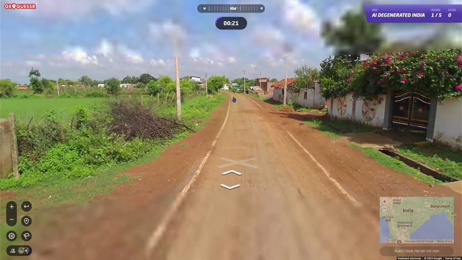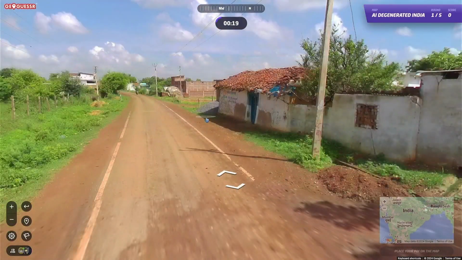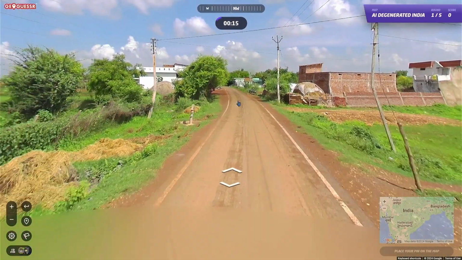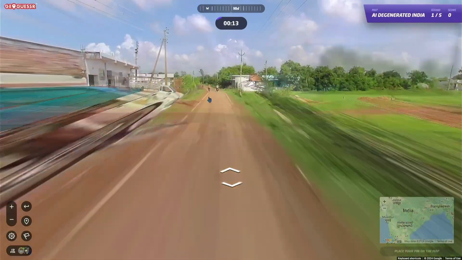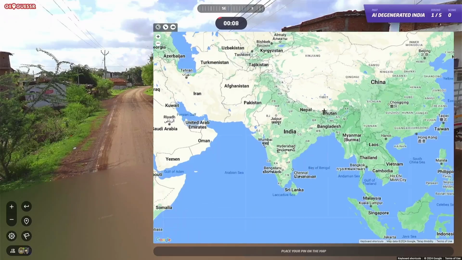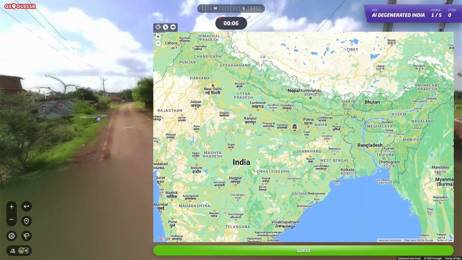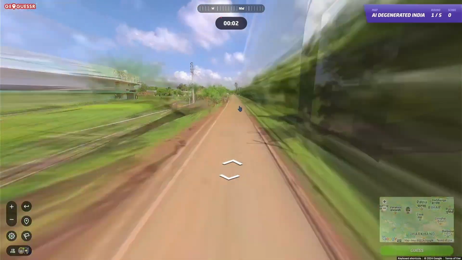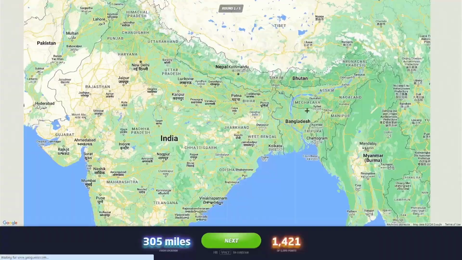Anyways, I'm rambling because I'm unsure of where we are. But is it Bihar? I'll put us over here, but at the same time, I'm feeling like it's not. I guess we'll find out. Maybe it's just Uttar Pradesh.